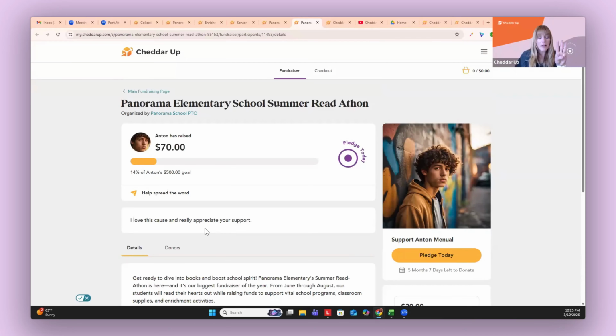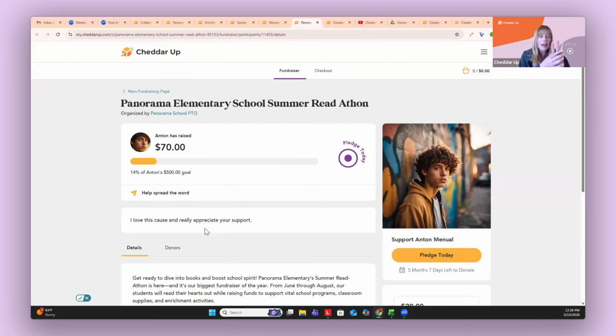There are 3 types of peer-to-peer fundraisers you can run with Cheddar Up. Flat donations: every participant's just trying to gather money for something. Product sales: maybe you want each individual person within your community to sell something, like wreaths, poinsettias, plants, bulbs, things like that, okay? And then maybe you want to run what we call an a-thon,